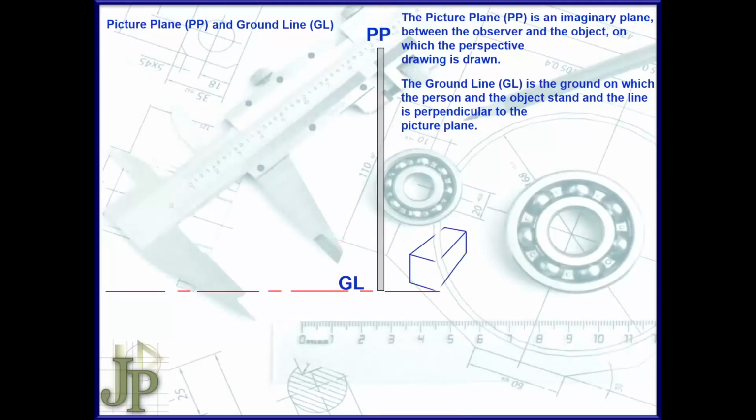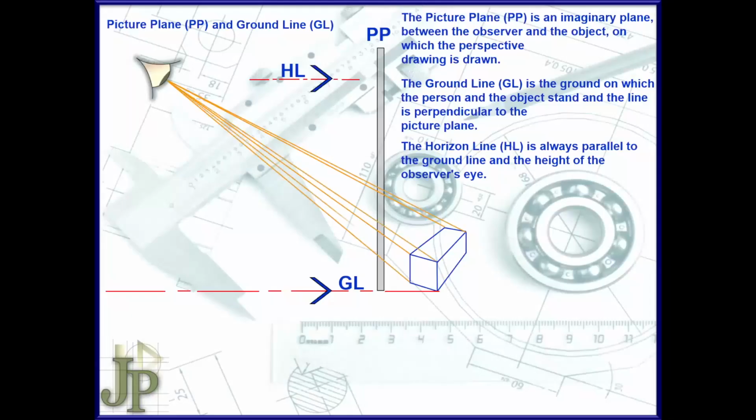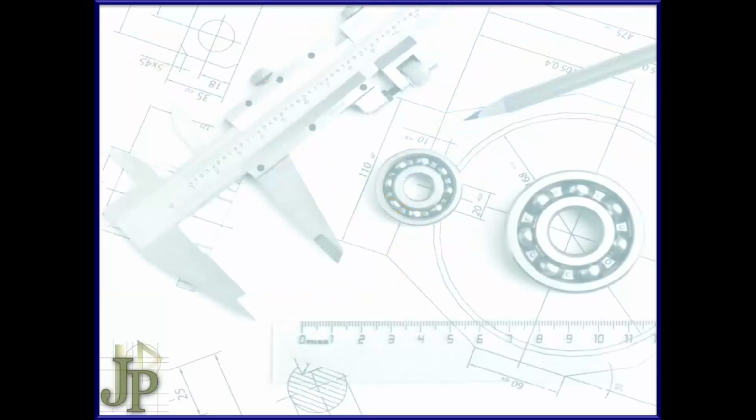So as previously stated, we will have our object, and then we will also have our observer view or our eye view, but for engineering, graphics, and design purposes, we will talk about the horizon line. My horizon line is always parallel to my ground line and also represents the height of the observer's eye. We can clearly see that to see the object, we need to look lower than the horizon line, which means that the object will be below the horizon line, so detail on the top view can be seen. To discuss this in more detail, you can have a look at our horizon line. So once again, this will then be our horizon line or our horizontal line.